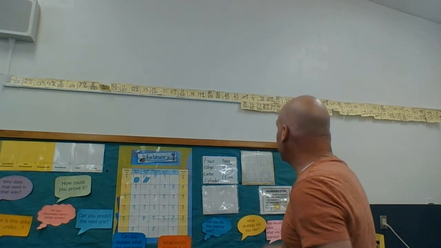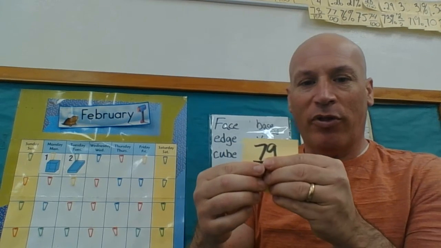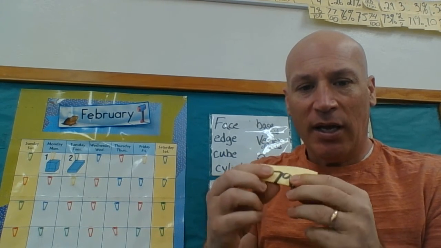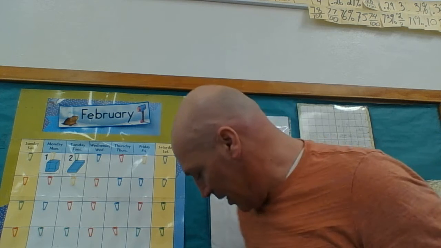Well, we are on our 79th day of school. 79. Now, this was the 79 out of 100 when we had our whole party, but we're just using the numerator now as a number, knowing that we have 79 days left of school. All right? And so what we're going to do is some fun stuff with this 79. We know since we have 79 days left of school,